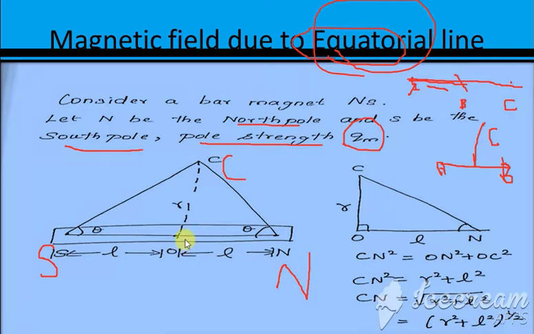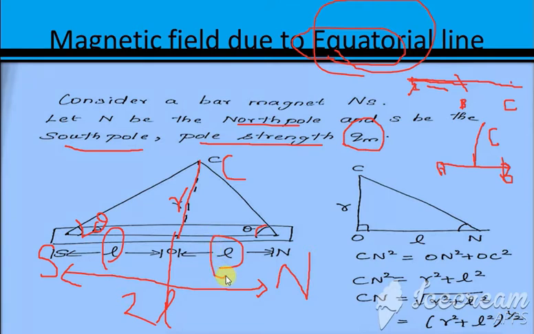So from the center O we are measuring this distance, and that distance is R, and this angle let us write as theta. Same way this angle also we are writing as theta. Let us measure this full length. As we know already, this full length we will write as 2L, and so the half length we will write as L. Again this is L. Yes, clear?